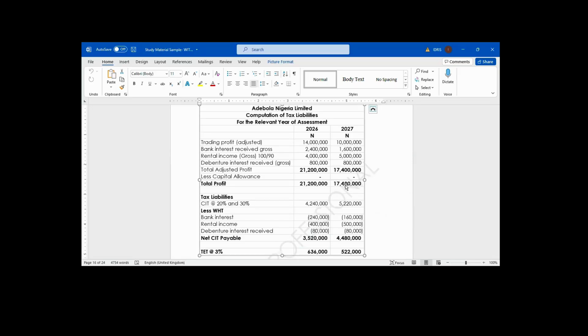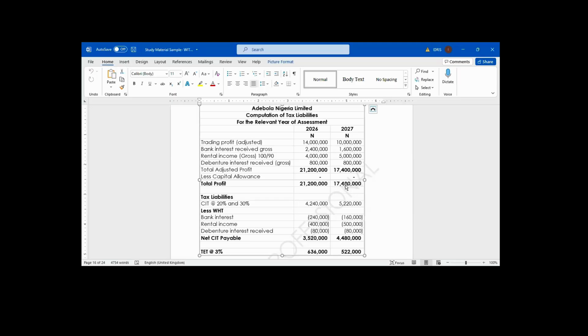Sir, sorry, I have a question. Okay, what is your question? Sir, does that mean that CIT, because I thought CIT was only based on revenue, is based on revenue plus income? When we talk about revenue, what is revenue and income? We are talking of your total income, both your turnover and any other income. That is the yardstick we use to determine your CIT.